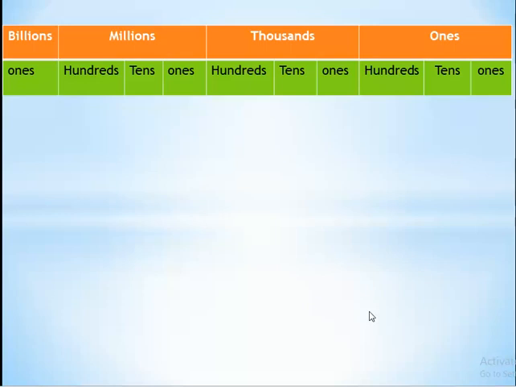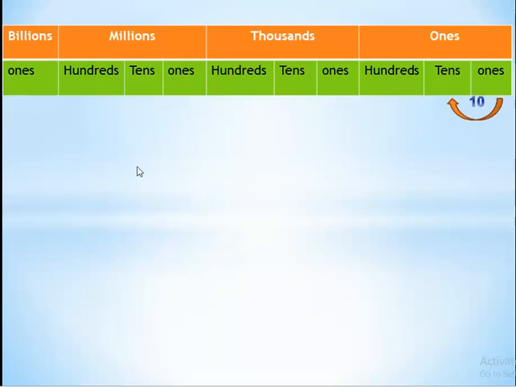Here we have a table: ones, tens, hundreds, and thousands; ones, tens, hundreds, and millions; ones, tens, hundreds, and billions. Ones here means thousand, tens here means 10,000, hundreds here means 100,000, then million, 10 million, 100 million, billions. Okay,